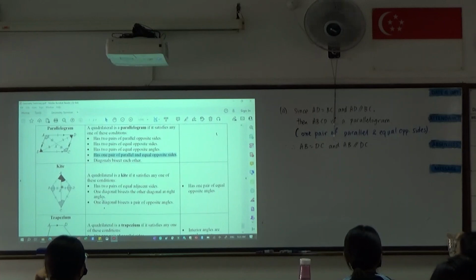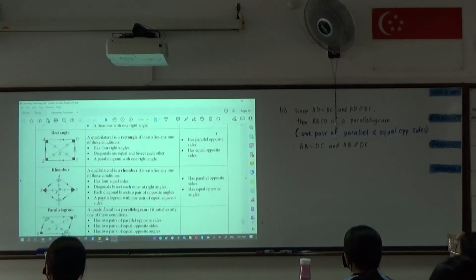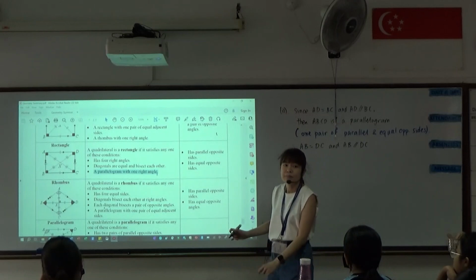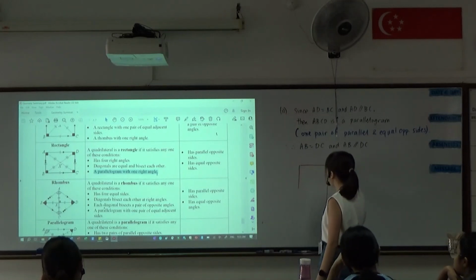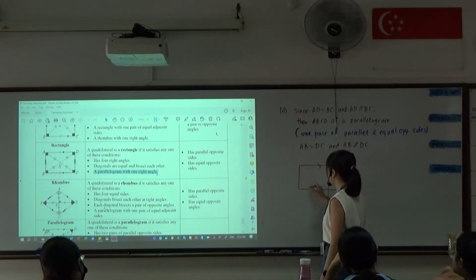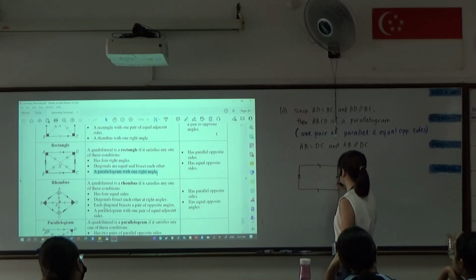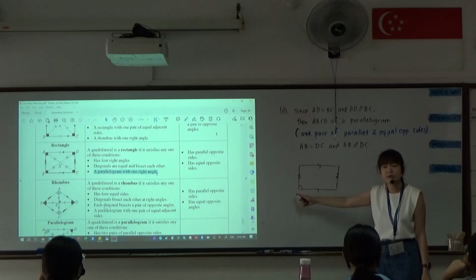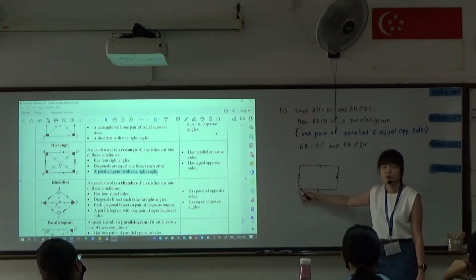Let me bring you back here. Okay, we are going to make use of this part here. We will show that it is a parallelogram with one right angle. Because we know that once it is a parallelogram, and one of its angles is 90 degrees, then the interior angles parallel lines property will follow, telling us that